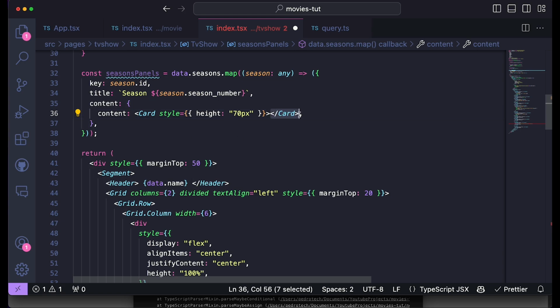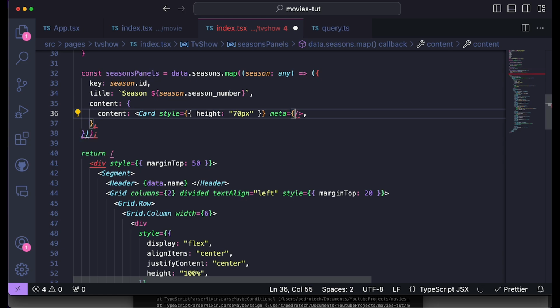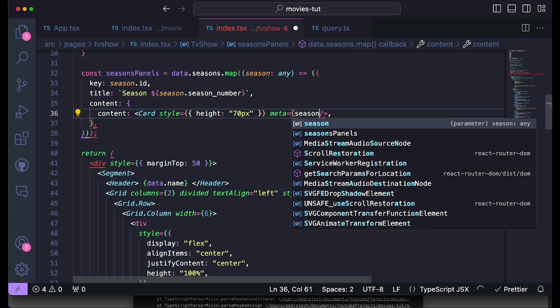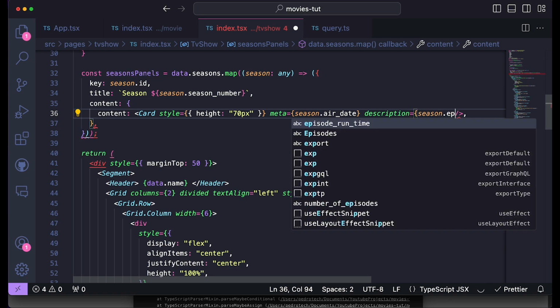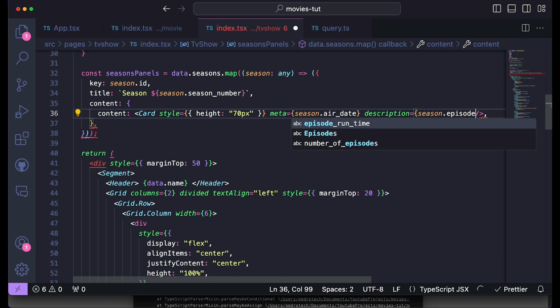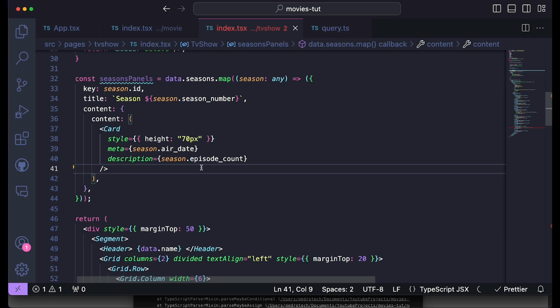Now I'll close this over here, and we'll just pass in some props. We'll just say the meta of this will be the specific season.air_date, which is the date that this was aired. And then we'll have a description, which will be season.episode_count. So we just want to display the air date of the season and how many episodes